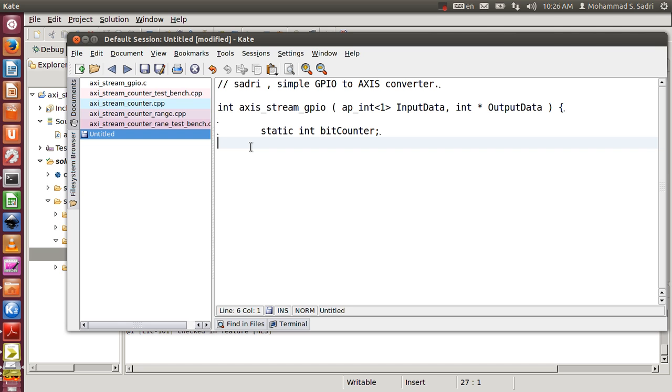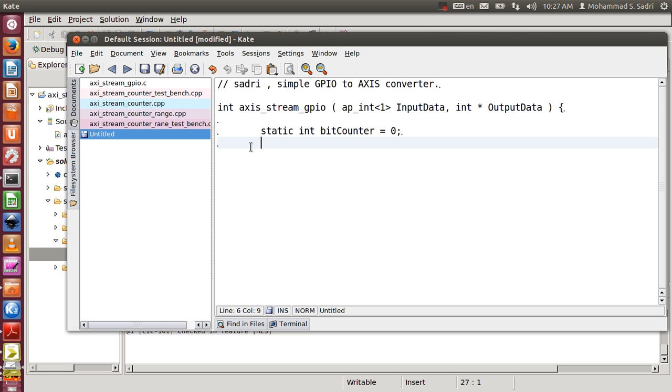We need a bit counter to count every 32 bits, because practically we want to gather every 32 bits and then put the resulting parallel 32-bit value on the output data. So we have the bit counter, and this guy is beginning from 0, so I have an initial value for this method, and then probably I need another variable